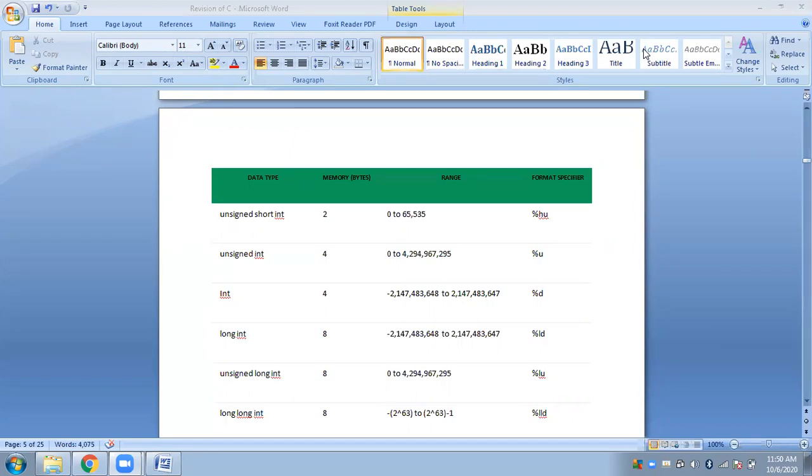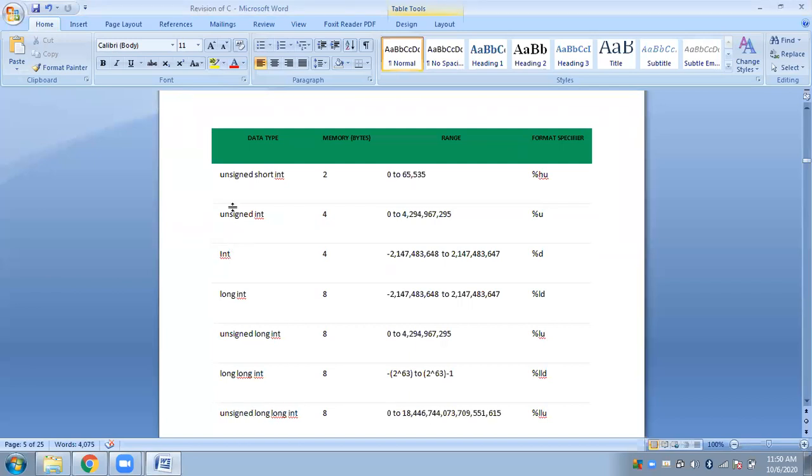This is what we discussed, and now we are talking about some other keywords that we can add with the basic data types to maximize or minimize the size of the data, or to exclude the negative numbers from the range. Likewise we have different types of keywords.